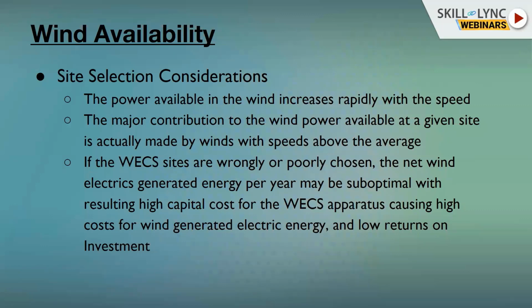And the next one is, if you choose a wrong and poor region for those wind energy conversion systems, that is WECS, then the amount which we are investing for this particular work will not be returned back. So once we invest some 10 crore or some 2 crore, then that amount must be returned within 2 years or 3 years. That is the initial capital cost. But if you choose a wrong place, then automatically it will lead to the failure of the project itself.